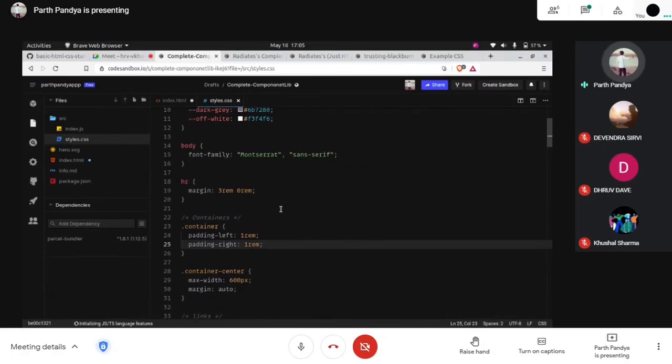There are three particular ways we can do that. We can use ID, we can use class, and we can directly target the HTML tags. Okay, so till now, do you have any doubts in CSS selectors?